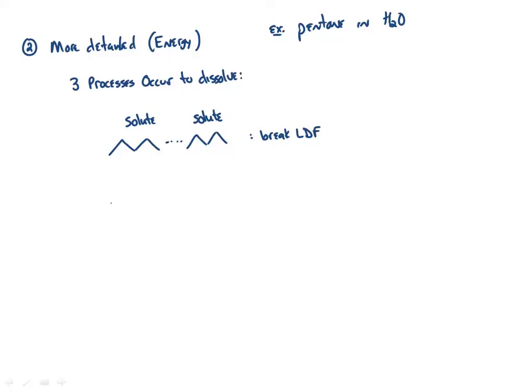So if we're dissolving this in water, that means that water is our solvent. That's a crappy looking water molecule. There, we'll do it like this. It's not the best looking water molecule. So this is solvent, solvent. And here what I have to do is break hydrogen bonds between the water molecules, right? Meaning in order to squeeze something in between them, to say it's dissolved in water, meaning it's surrounded by the water, I have to first pull apart the alkane part, then I have to pull apart the water part, and